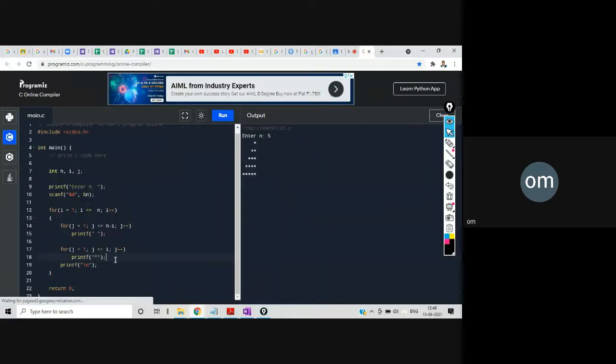So one more loop I'll write: for j is equal to 1, j should be less than i, j plus plus, printf 1 star. Okay, let's run this.